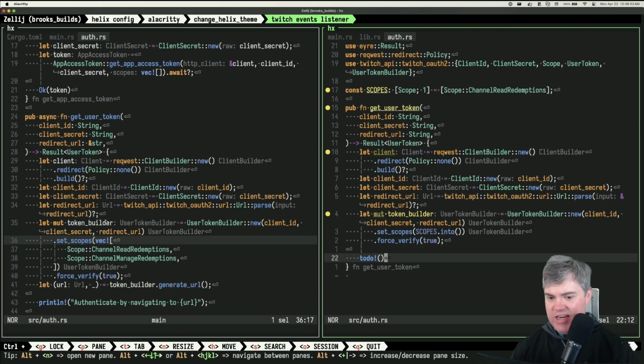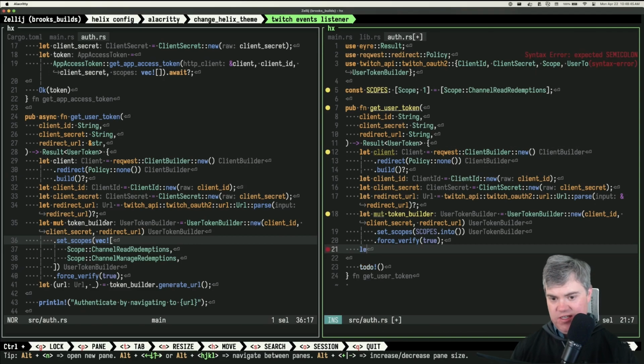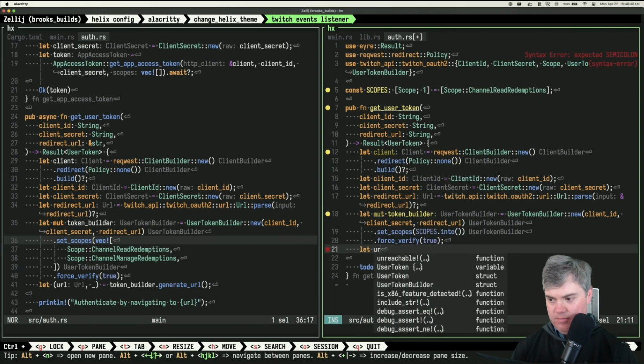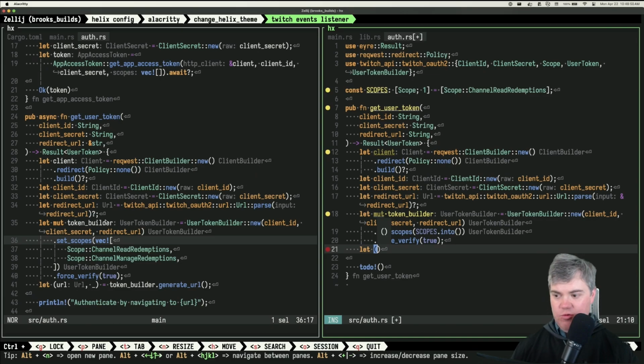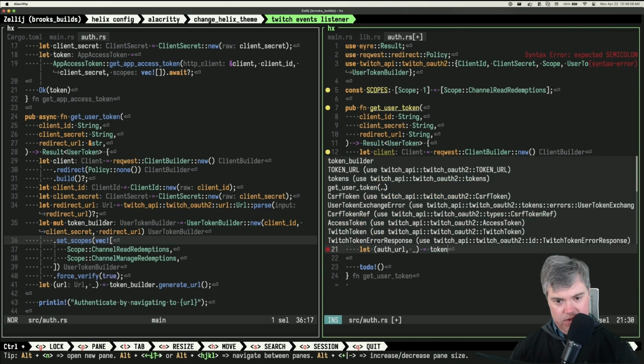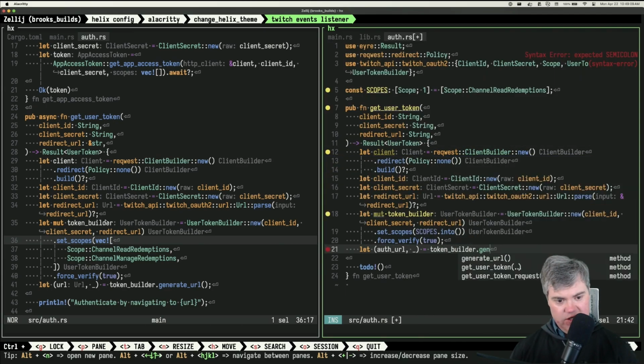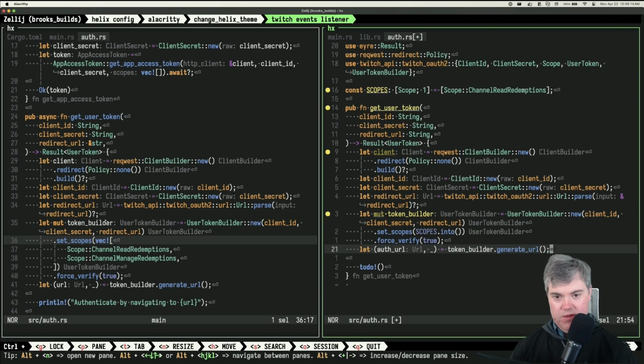Okay, so then I need to create the URL for this. So this is going to be the URL I'm telling the user, who is me, to go to. So this is the auth URL. Apparently it's a tuple with a bunch of things in here, and I only care about that one. So we're a token builder. We're going to generate the URL. And then I have to print this out